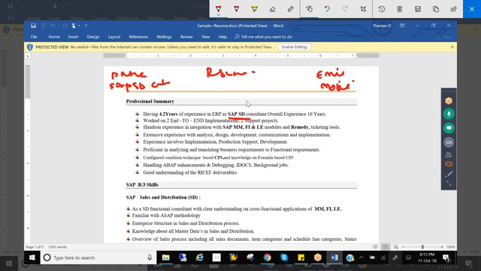So always talk about the present and showcase your SAP experience more. Even if you are a 15-year manager, this doesn't matter. Maybe 5% it may matter, but 95% will be your SAP SD. So focus on SAP SD. Don't focus on your past experiences. Right? So having 4.2 years of experience in ERP, SAP SD, that means talking about the present, and